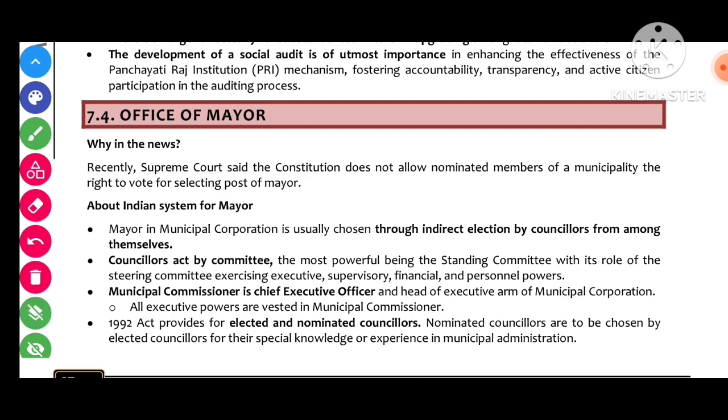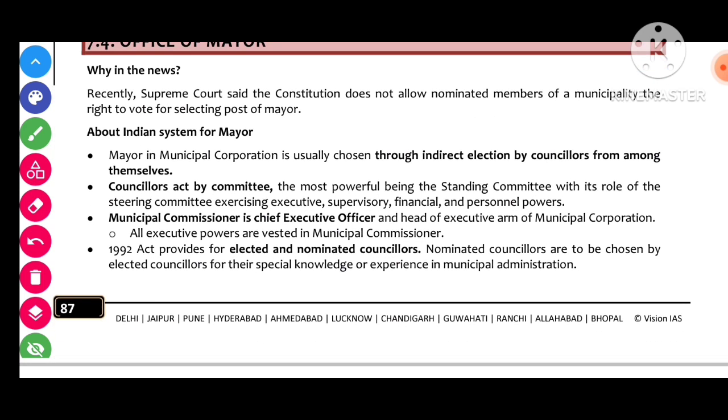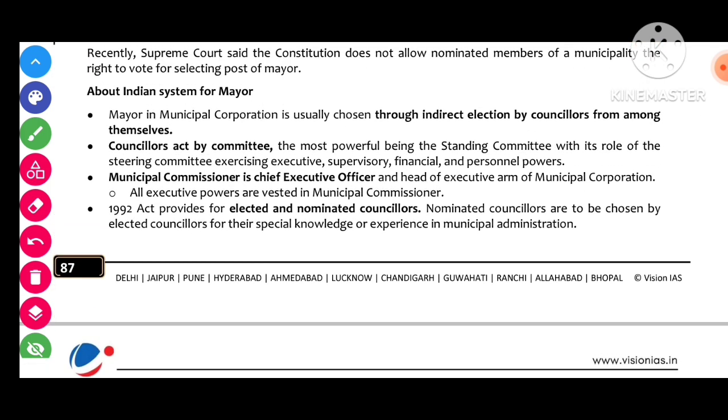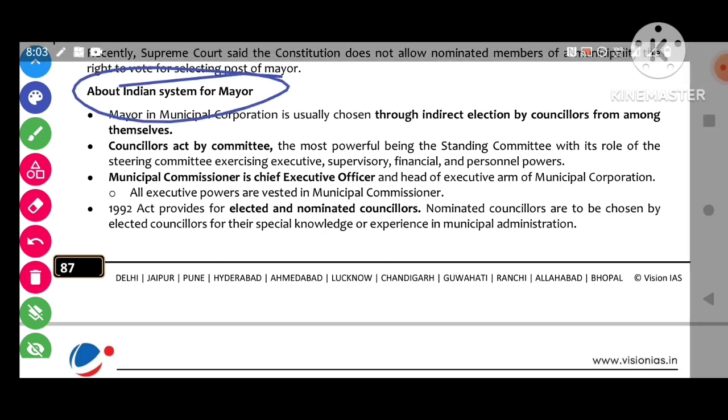Okay, the office of mayor. The mayor is appointed in municipal areas. Okay, so why was it in news? Recently, the Supreme Court said the Constitution does not allow nominated members of a municipality the right to vote for electing the post of the mayor. It is an electing post, not an appointing post. Okay, the Supreme Court ruled this and told the state government. What is the Indian system for mayor? So you can remember